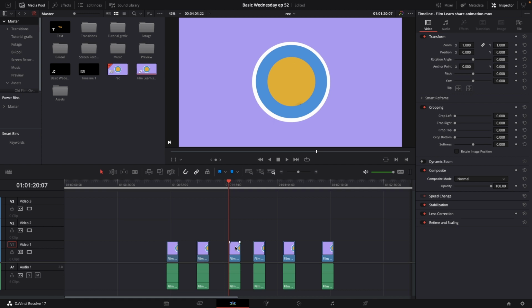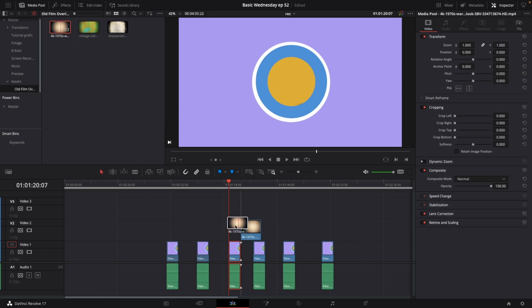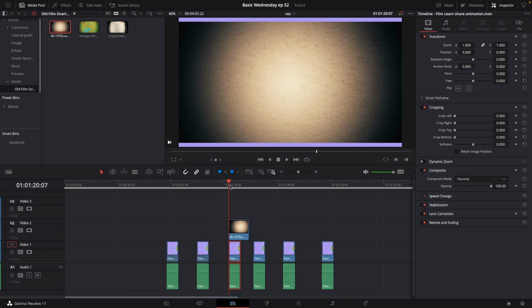For instance, I found some on Storyblocks, which you could try out and use, of course, if you have Storyblocks. There's different places you can get these. I'll just go in here and I'm just going to take, let's say, this overlay here. I'm going to put this on top of the clip. I'm just going to make it fit here,